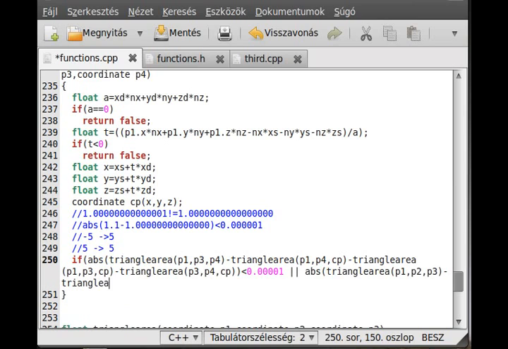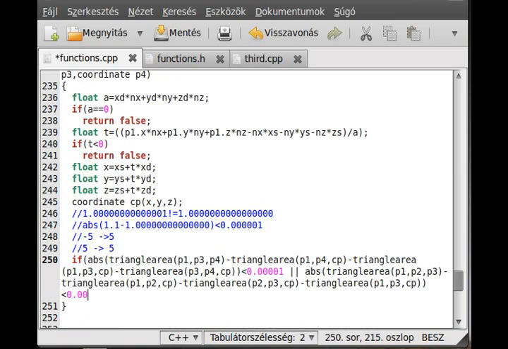Then triangle area P1, P2, CP minus triangle area P2, P3, CP minus triangle area, and the last one is P1, P3, CP. And if it is less than 0.0001,